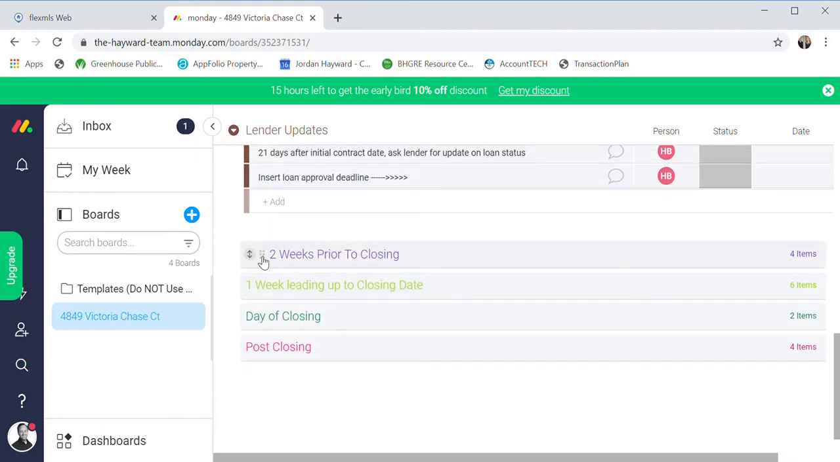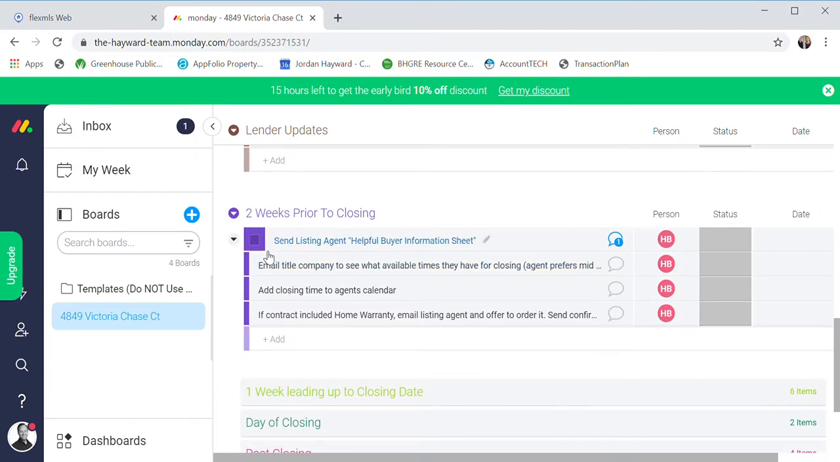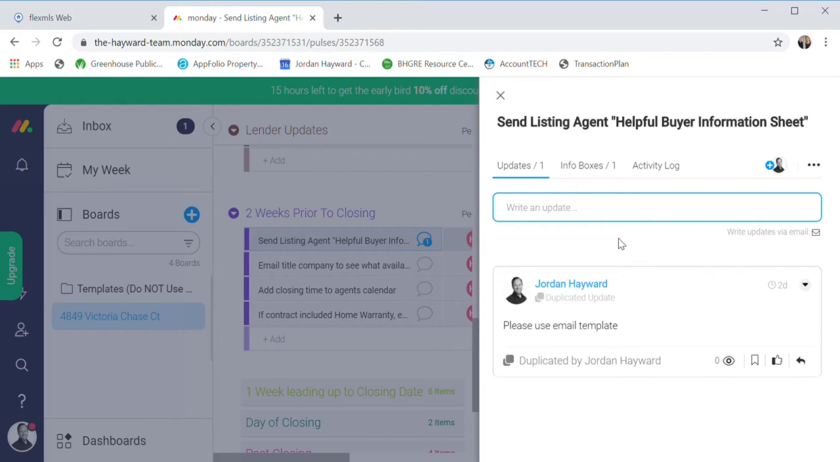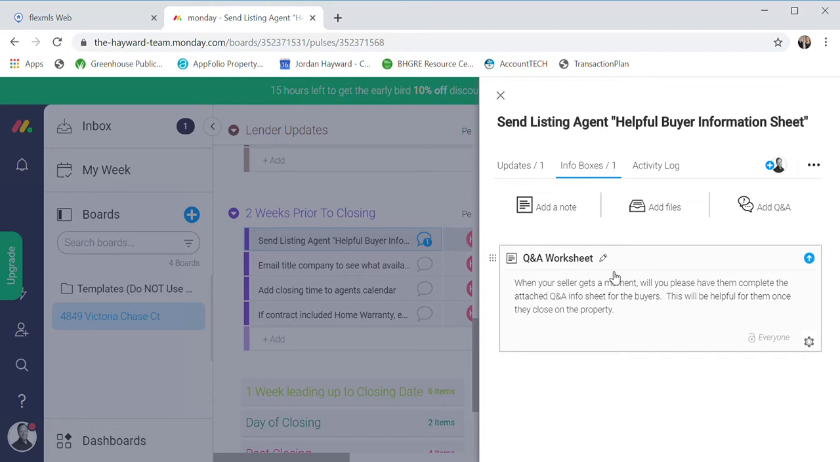2 weeks out from closing, we are going to send the listing agent a helpful buyer information sheet. And this is only going to be on a property that is not a foreclosure, that the seller, I should say, is an actual real person. Use this email template,